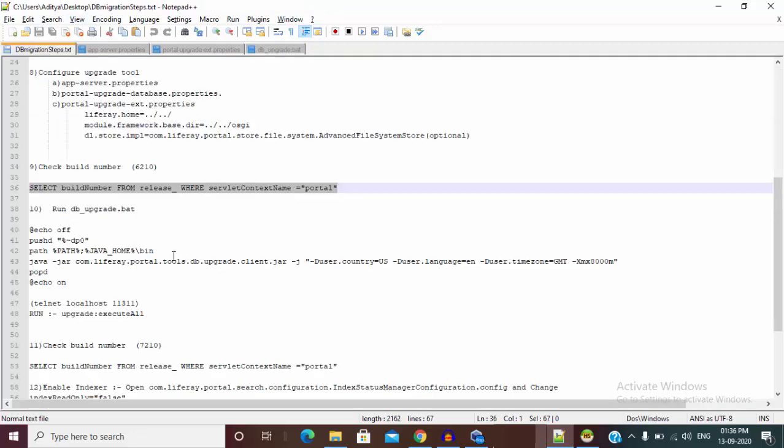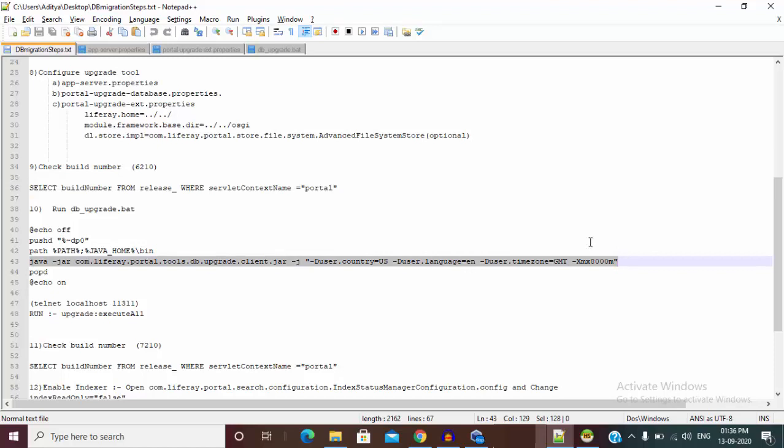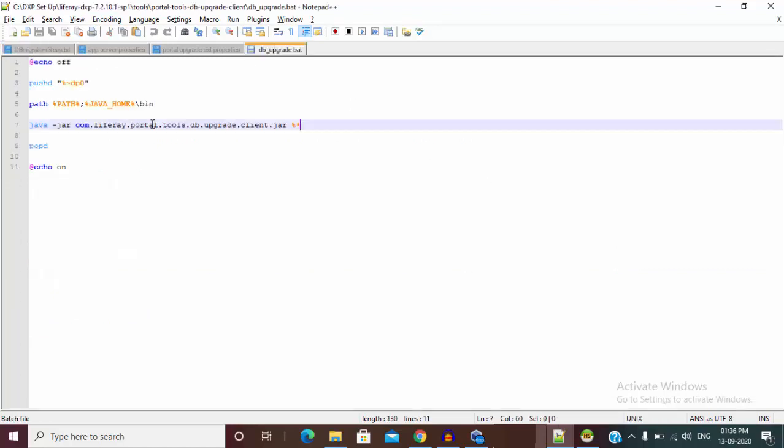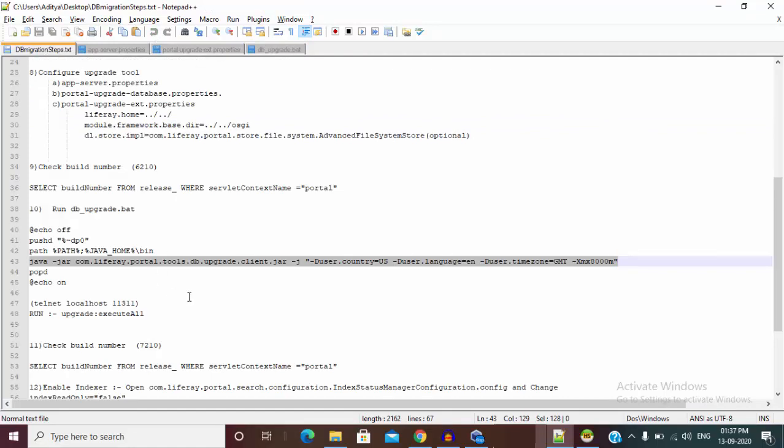Let me increase this parameter. So now your upgrade tool is also updated. You can also run with the predefined values, but by using this, the upgrade process will be fast.